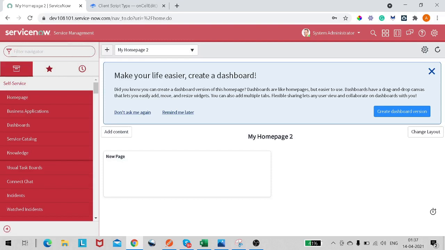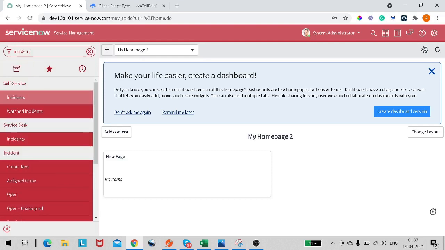So as this is a new instance, for the demo purpose we will use our favorite table called the incident table, right? So let's move on to incident. For people who don't know how to go directly to the list view, I will close this tab also. You should type the table name dot